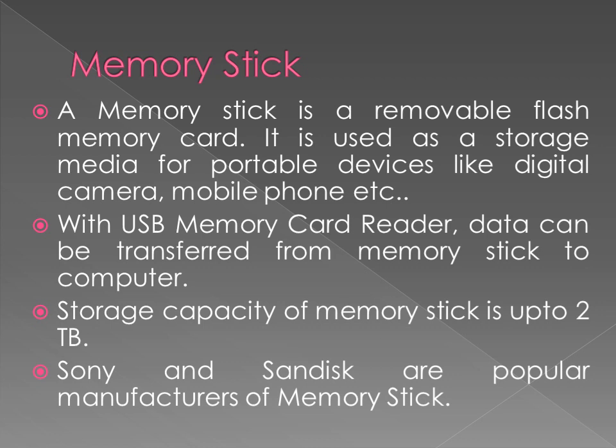Next output device is printers. Printer is an output device which is used to print on the paper. The processed result either can be displayed on the monitor or can be printed on the paper. So printers are used to print the output on the paper. A printer is a peripheral device used for printing the output on the paper or any other printable media. The printed information on the paper is called